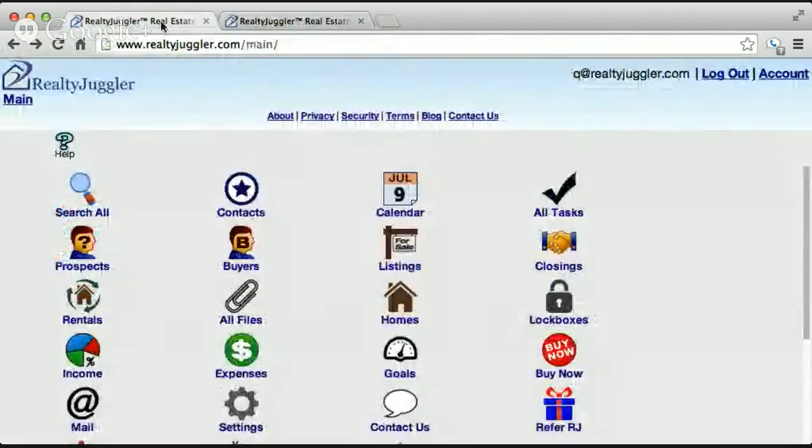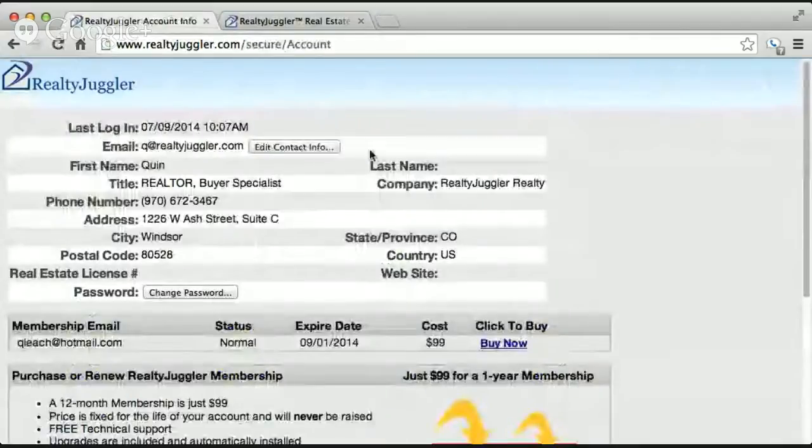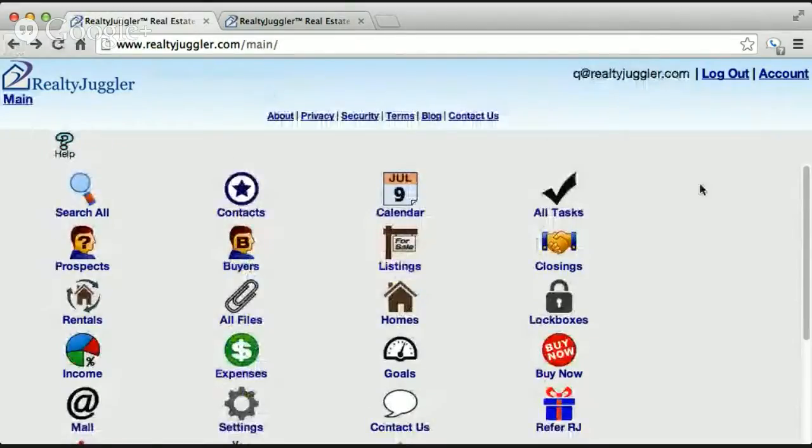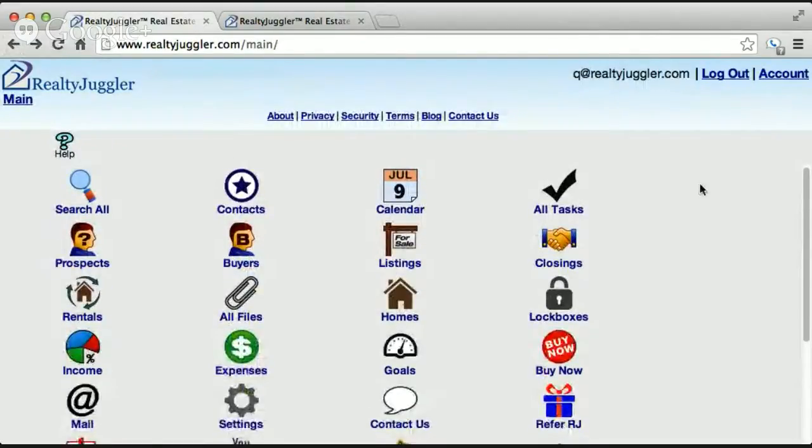So when I go into my RealtyJuggler account and click the account link, you can see that information that you entered initially when you signed up for the free trial. Of course, you can always change that at any time, including your email address, by clicking here. But that initial bit of information isn't enough of a signature for most people. And so the best thing to do is to modify it and get that